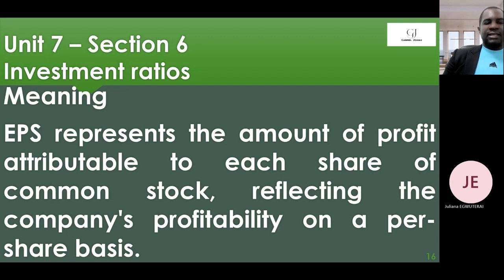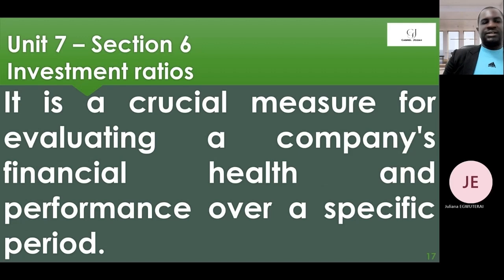So the profitability of the company is on a per share basis. That's what it means, and it is a crucial measure for evaluating the company's financial health and performance over a specific period. If they don't have a positive bottom line, then there's a problem. They can't even measure this ratio. So where there's negativity in the profit after tax or the bottom line, the companies cannot even calculate this ratio, talk more of distributing profit. That's why the earnings per share is a crucial measure in evaluating the company's performance. It's very